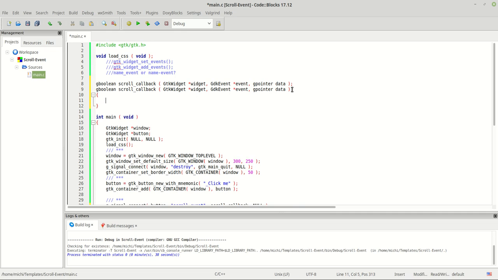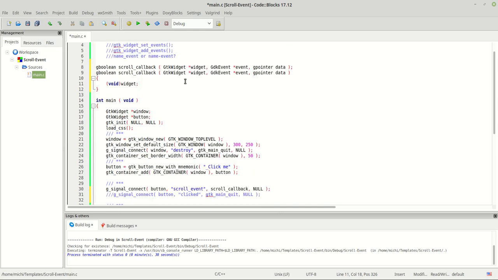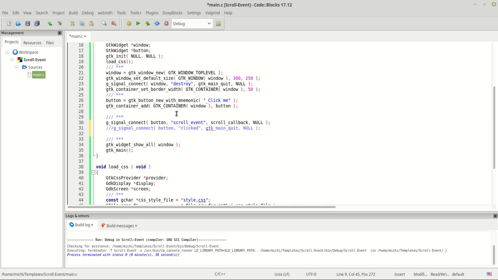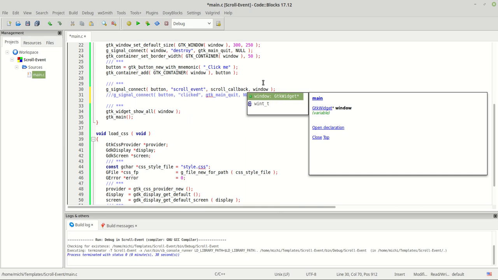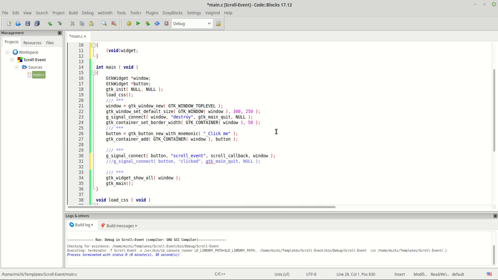Now we will drop the widget because we don't need it, so we will silence the compiler because we are not going to use this parameter. Here we will pass our window because it happens here,